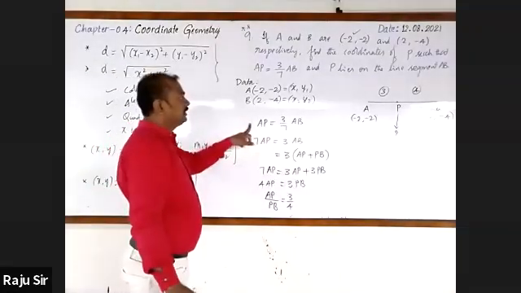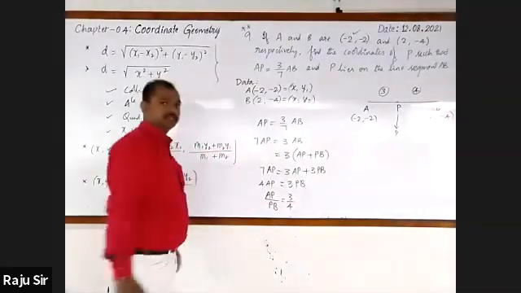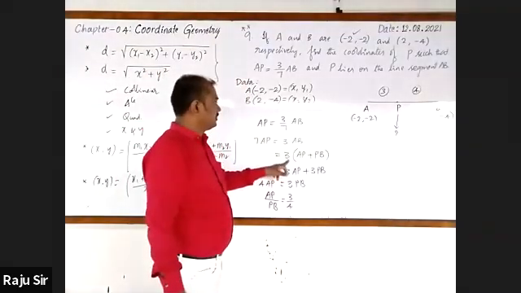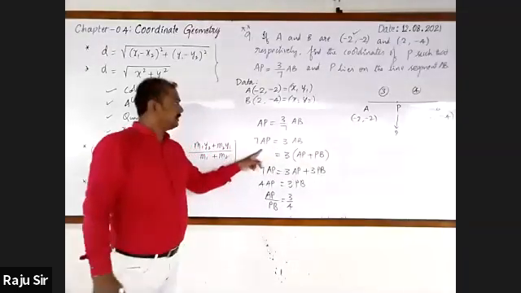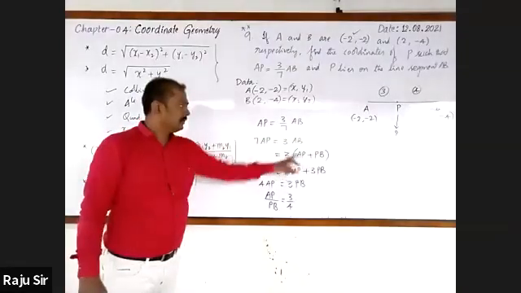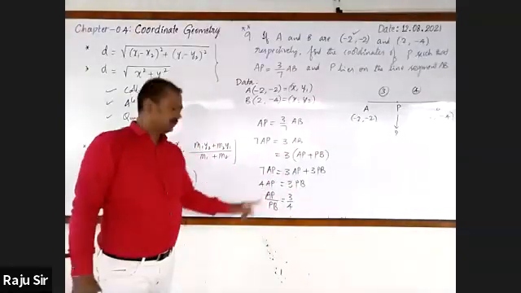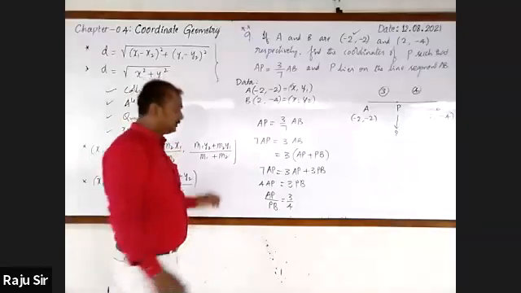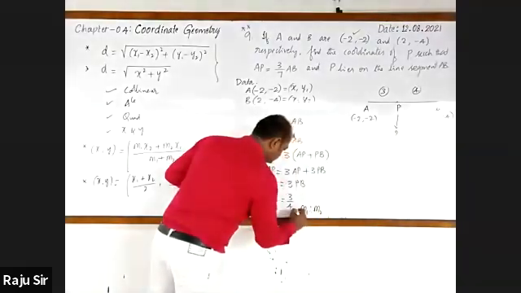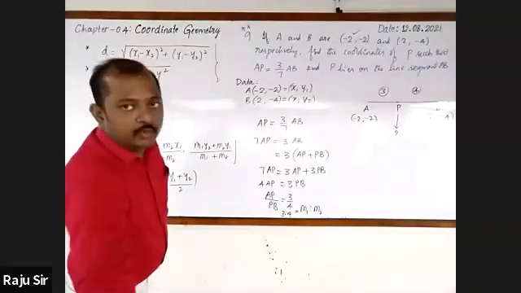Then AP has been given as 3/7 AB. Now continue this. Copy the same. On cross multiply, 7 times AP is equal to 3 times AB. Give substitution for AB. Multiply, then simplify. You'll get AP by PB equal to 3/4. It is nothing but M1 is to M2, 3:4. That's equal to M1 is to M2.